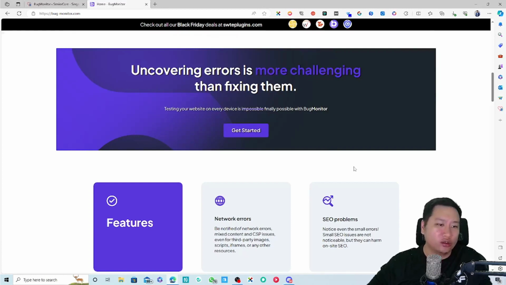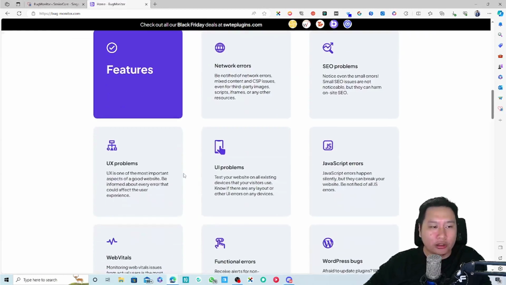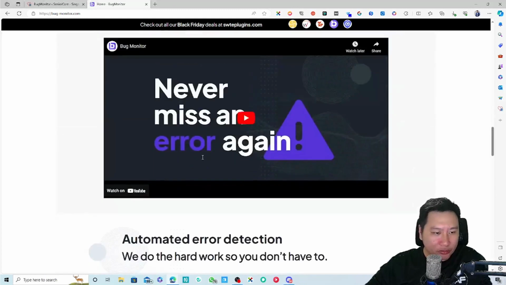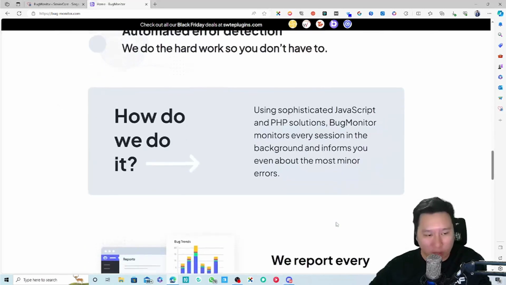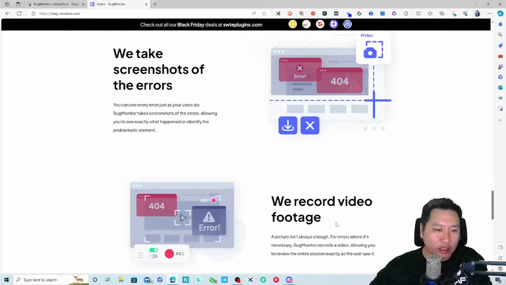And that's a huge issue, right? So this monitors all these errors over here. Okay, and if you're worried about updating plugins as well, you don't have to worry, because Bug Monitor automatically notifies you which plugin is giving you the problem, and you can even automatically deactivate the broken plugin as well. So a lot of issues